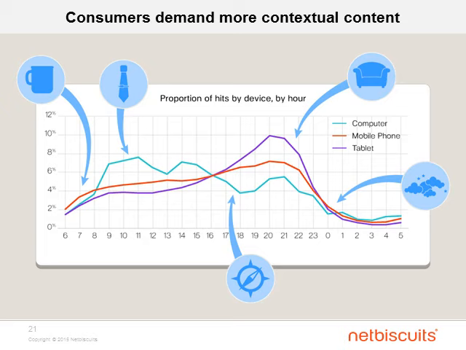Now, the chart here shows the proportion of hits that come from different platforms in terms of the total daily traffic for that specific platform. Now, the flattest line, the red line here, and therefore the most consistently used device throughout the day, is the mobile phone. Now, it shows that people are reaching for their mobile phones to surf the web from anywhere, whether that's at work, whether that's at school or at home, or while commuting.